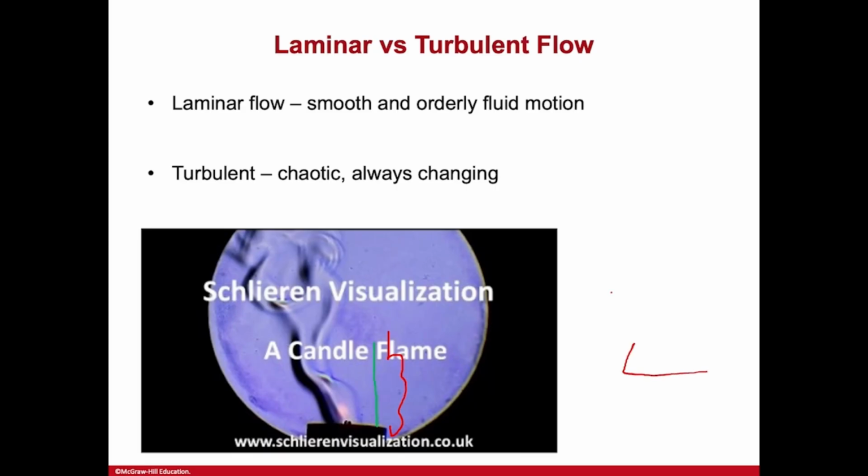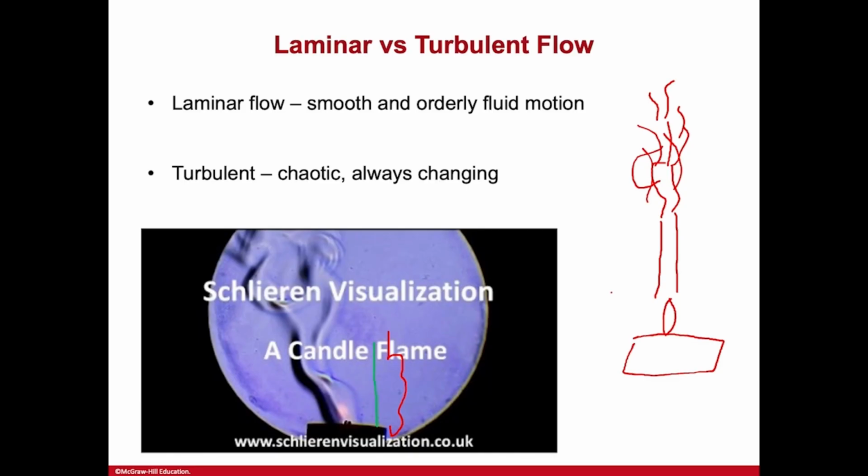Commonly, if you look at a candle, if there is no air blowing from the side, the air rising away up is generally kind of uniform up to a certain point, and then it becomes a bit chaotic. It kind of moves around in any given direction, and the direction also constantly changes